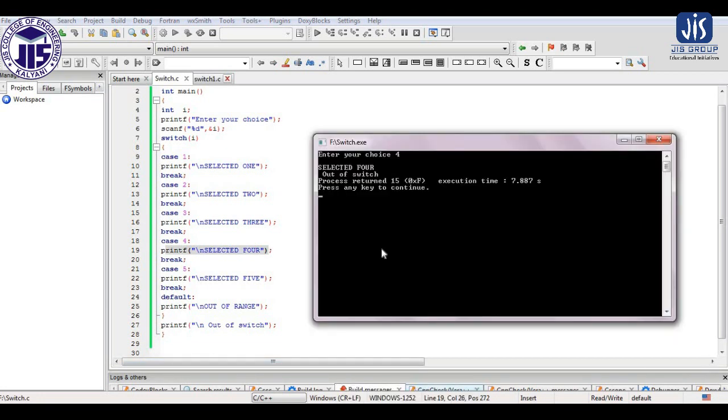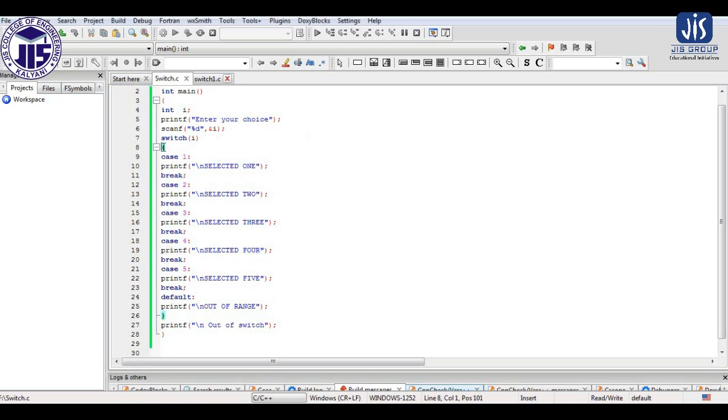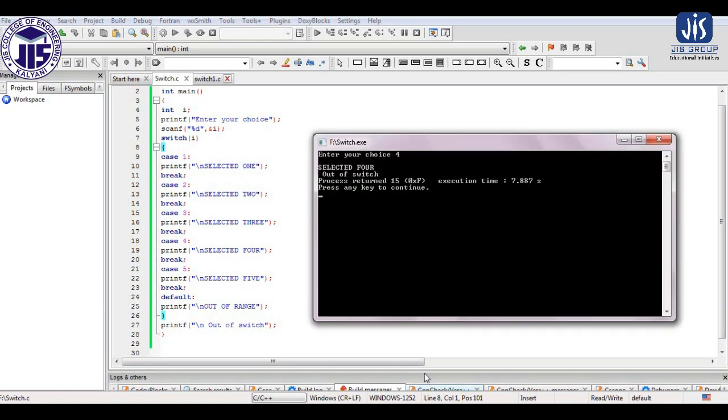That means due to the break statement, as soon as the break statement executes, the compiler will jump out of that particular loop. So this is the scope of my switch in which we have used the break statement. As soon as the break gets executed, it will come out of the scope where it has been declared. We have written the break within the switch, so it will come out of the switch only, and the statement which is out of the switch gets printed here.